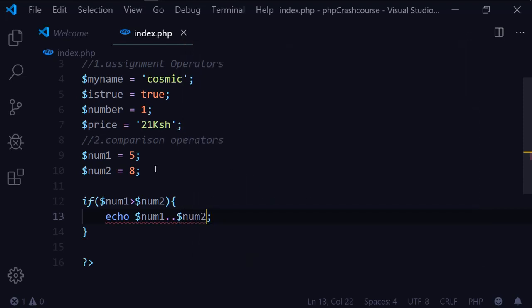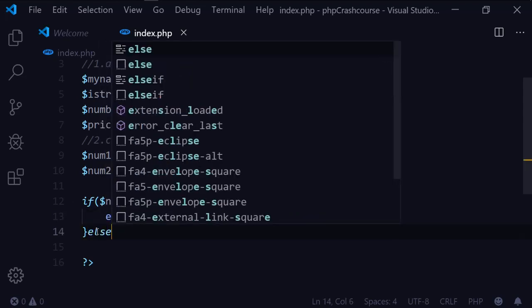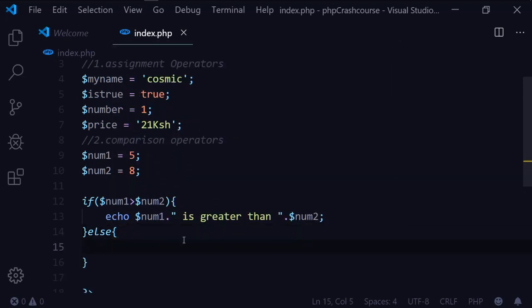So we are just going to include a string here to say is greater than. Okay, else we could copy that line of code, then put it here. Then we can do something like is not greater